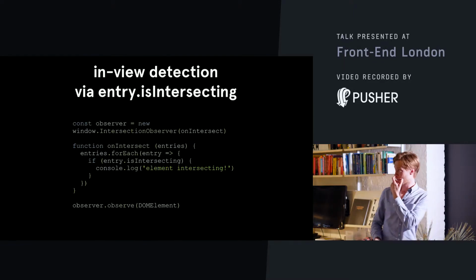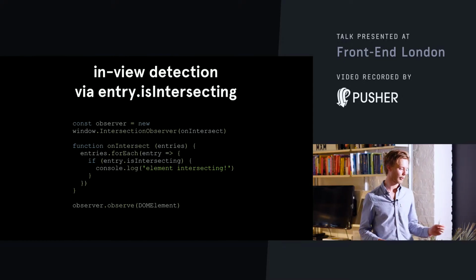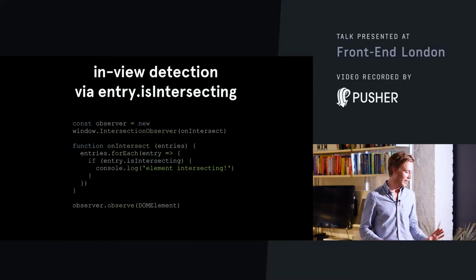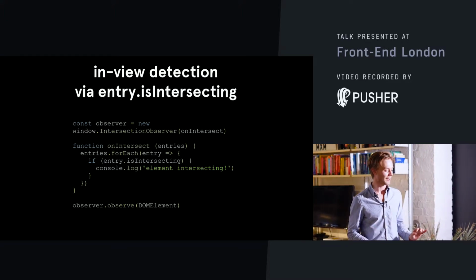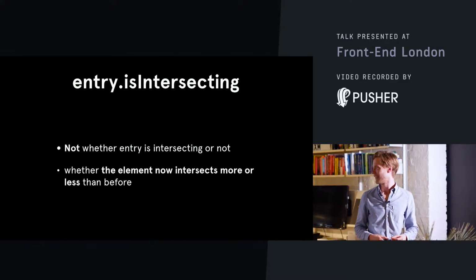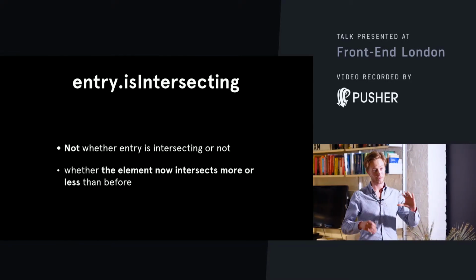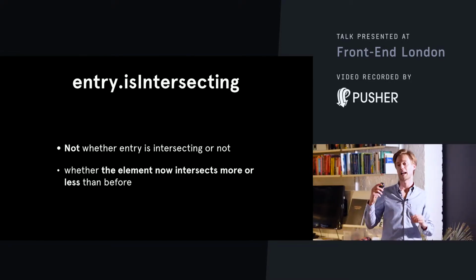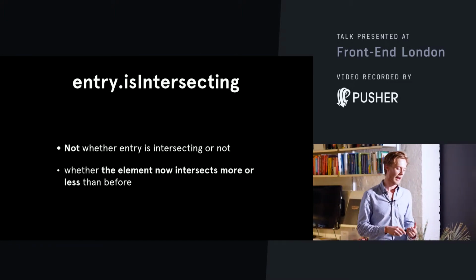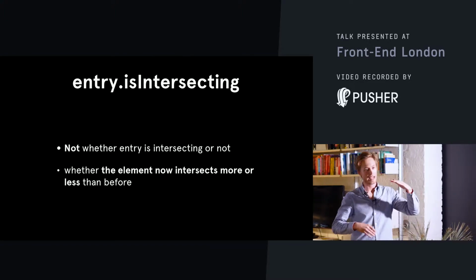So the first example I gave you was how to do in-view detection via the entry's isIntersecting. I need to give a little warning here that isIntersecting, unfortunately, isn't exactly what you think it would be. It doesn't actually correspond to whether an entry is intersecting or not, whether it's in view or not. It corresponds to whether the element now intersects more or less than before, which for the most common use case, whether you just wanted to say whether something came into view or not,